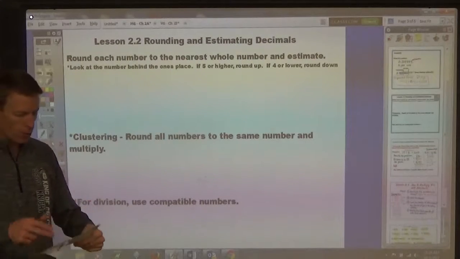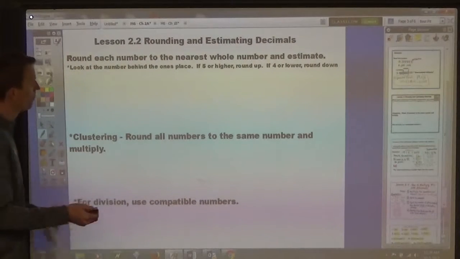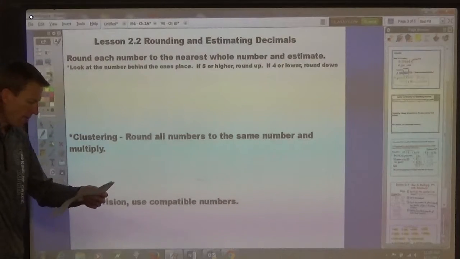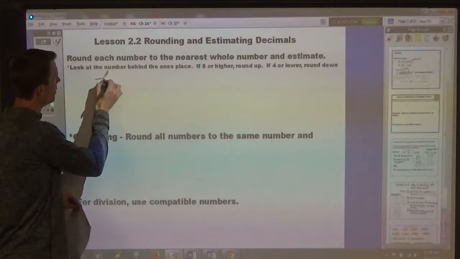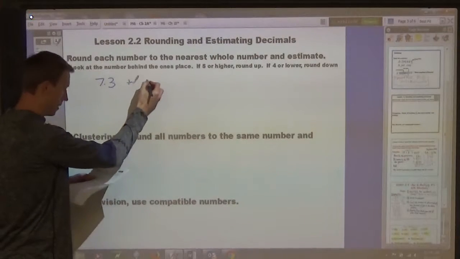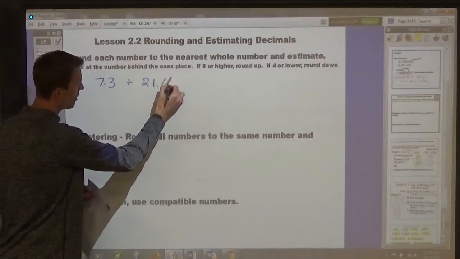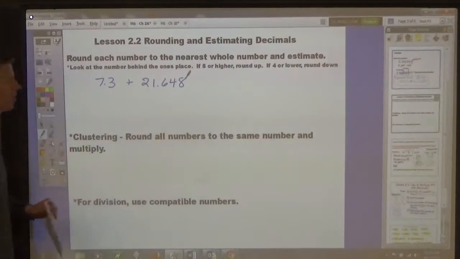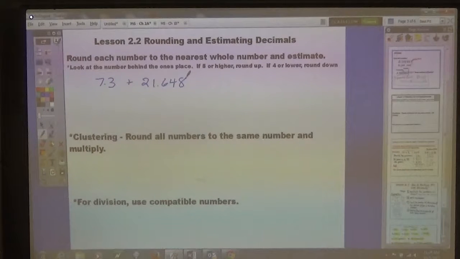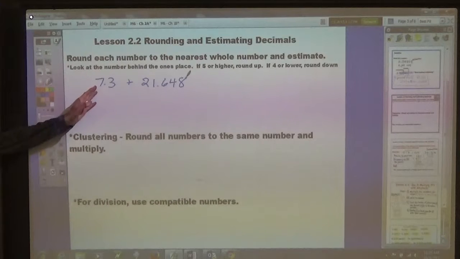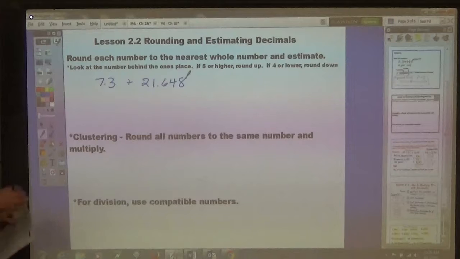So, if you are starting with a number like, well, let me just go to the first one. 7.3 plus 21 and 648 thousandths. Okay? Remember, we want to round the numbers so that you can do the addition in your head. Okay? So, we want to round them probably using front-end estimation, but in this case,